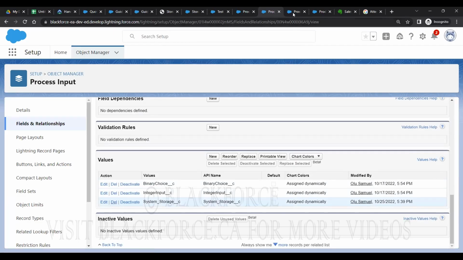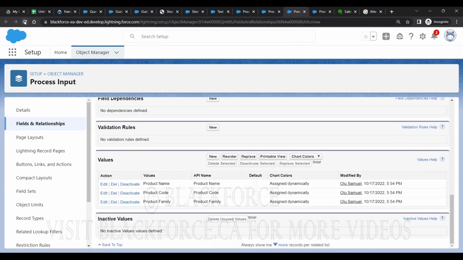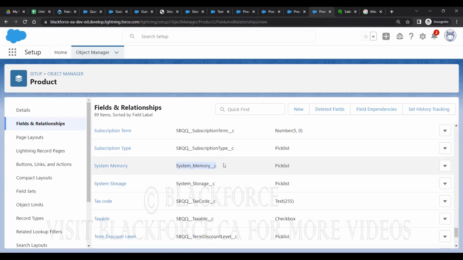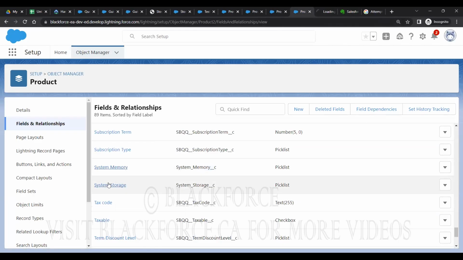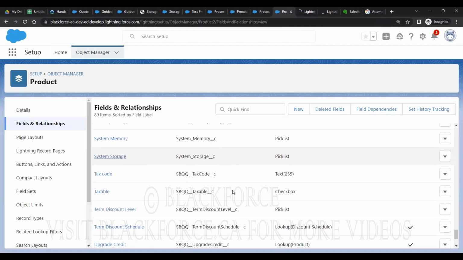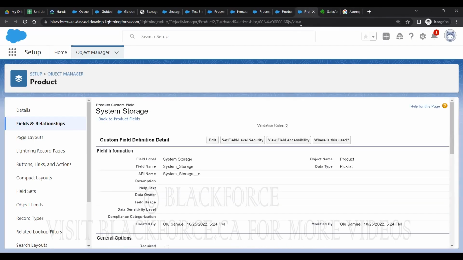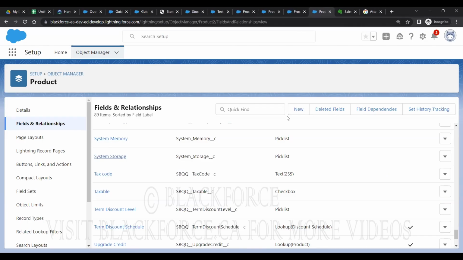Okay. All right. So now I just went back a little bit. So now let me just see. The laptop monitor is just too small for me for some reason. So we have system memory. We can see that. So this is the product, right? Okay, that's good. So we've done all of that. Okay, 4 gig and so on. Okay, that's good. So now what we're going to do is